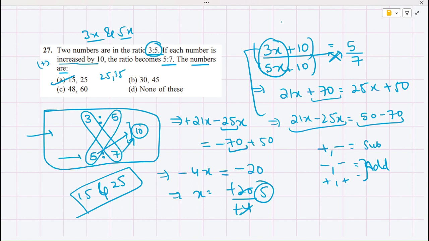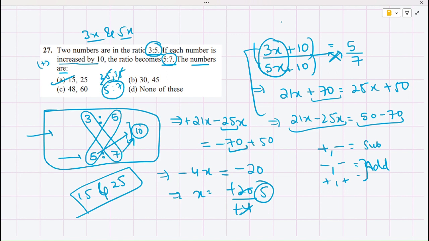If it is, then we'll add 10 and then we'll check if the resultant ratio is 5:7. For example, if 5 cancels, it will be 5 5s and then 7s, which means that this is the correct option. If we try to solve for this option, see,